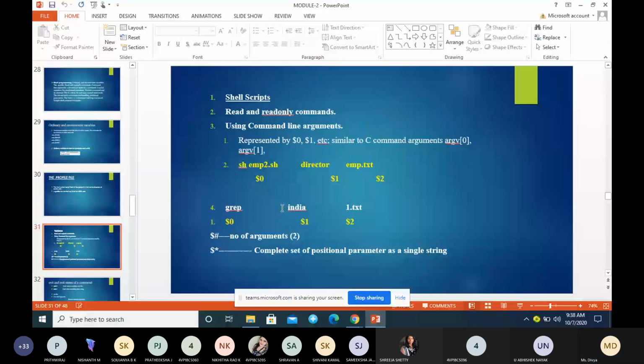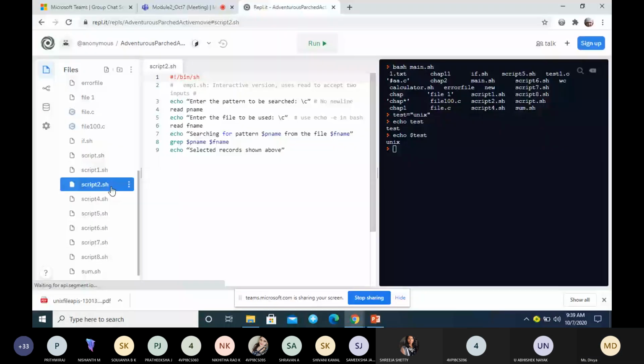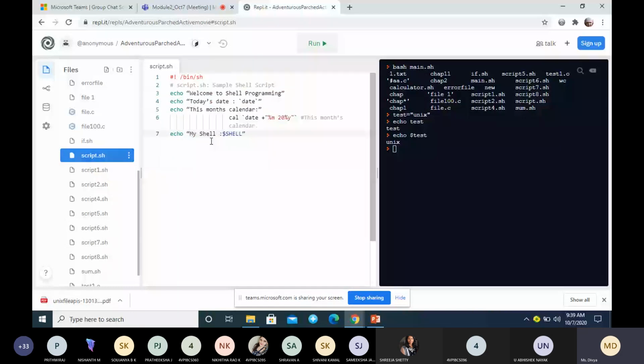So here we have an example. I'll show you a simple shell program. This is the starting line, and it is not a comment.